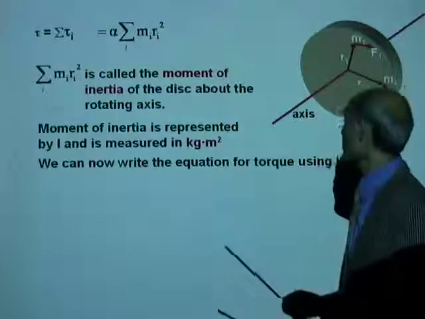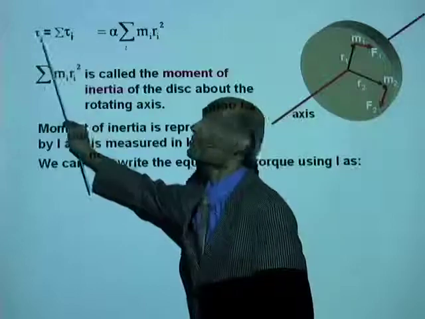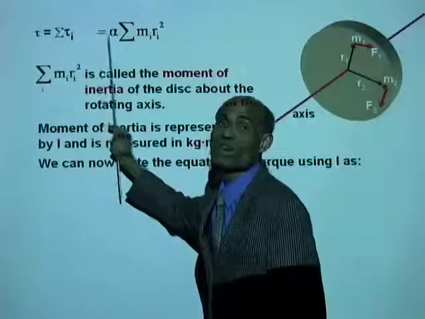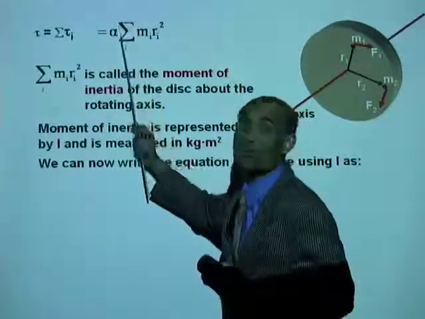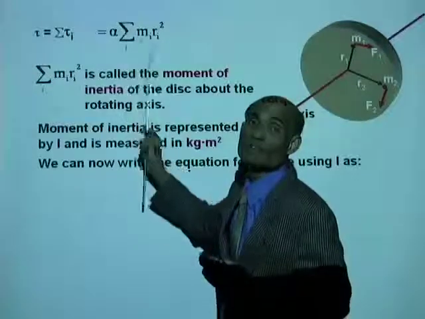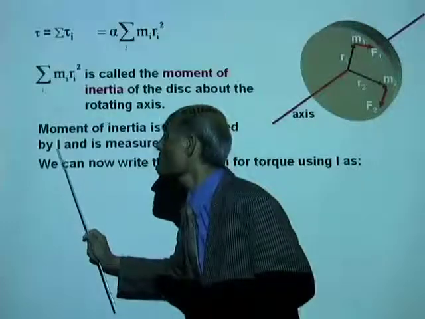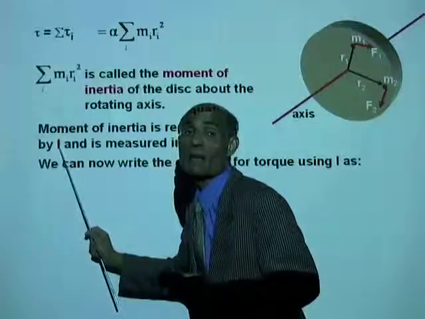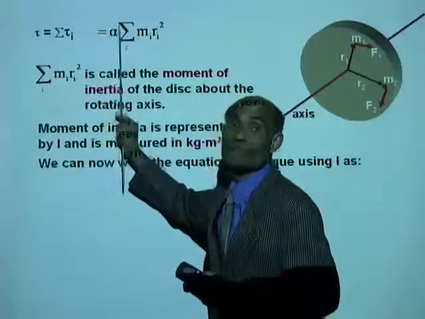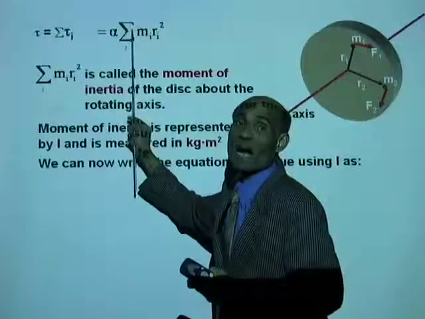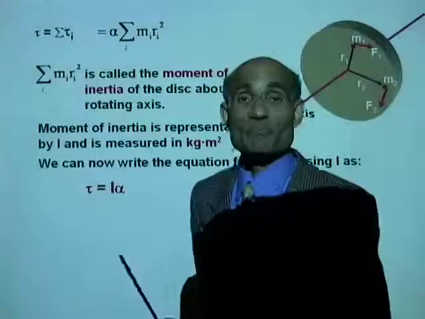We can now write an equation for torque. Look at this: we have torque equal to alpha, the angular acceleration, multiplied by this quantity. What is this quantity called? This quantity is called the moment of inertia, and we will represent it by the uppercase I. And therefore, I can now write tau equals I times alpha. And that is the equation